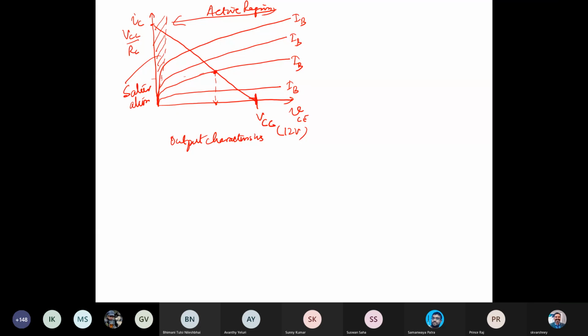So suitably located means, with the set of resistor values that we apply in the circuit, after doing the calculation, the Q point has to be greater than the saturation voltage, but much less than the upper bound, the output voltage VCC. If you change any of this, the Q point may vary on these characteristics. Changing IB means you're changing the amplitude of the signal. So what do we get?